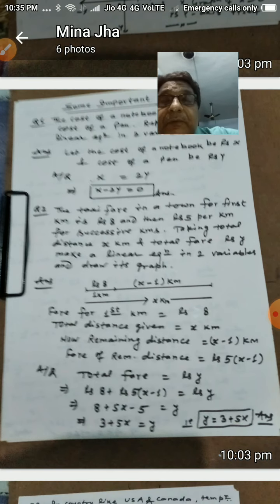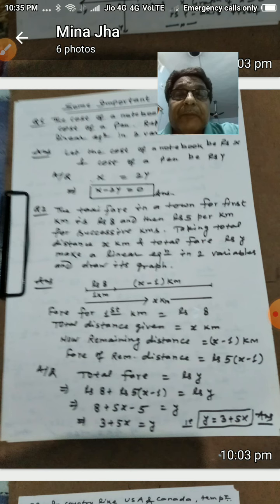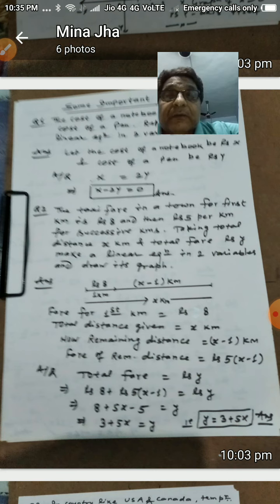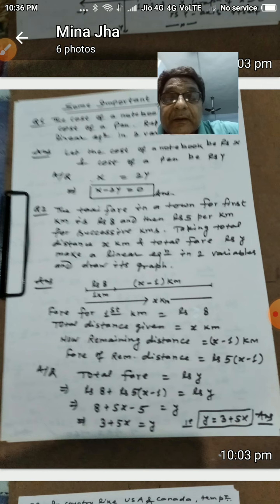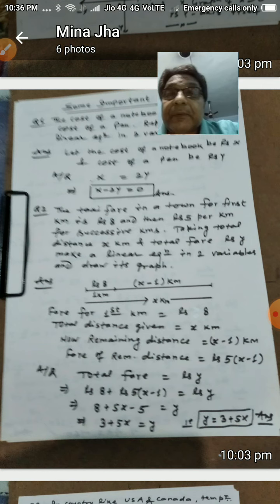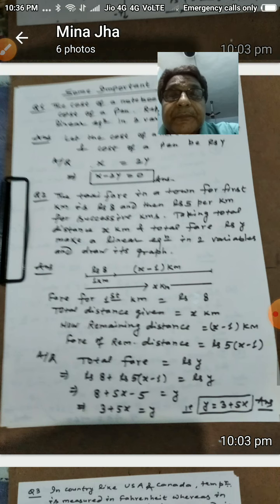Now since we have to draw its graph also, we should again make the table keeping one variable as it is done here, in that style, that y is on the left side and all remaining terms are on the right side. So now we will make the table, and putting values of x in the RHS of our choice, we will get two pairs of values, and then we will draw the graph as we have learned before, that is how a graph is drawn.